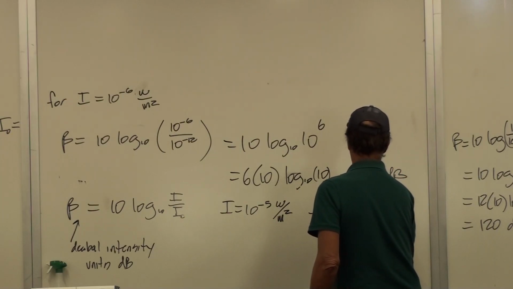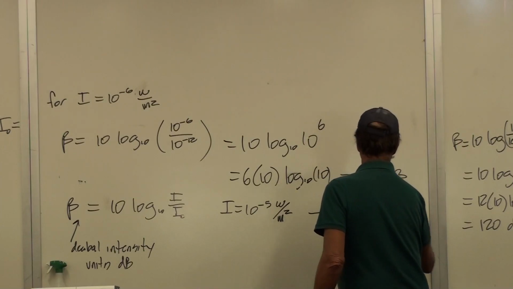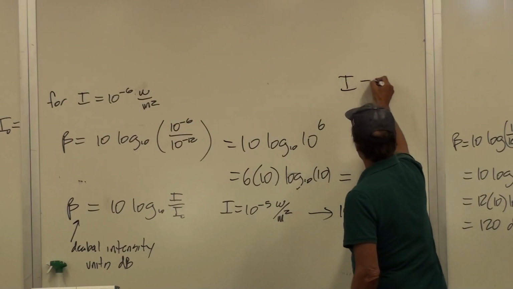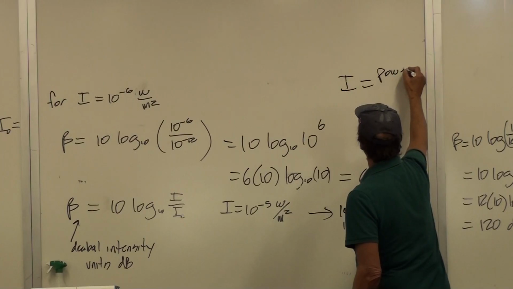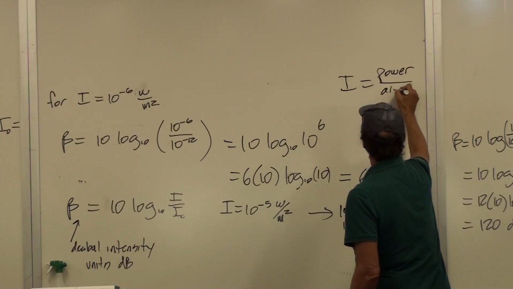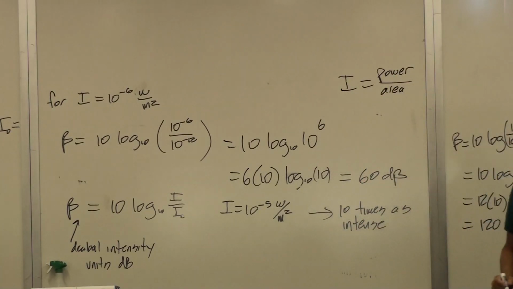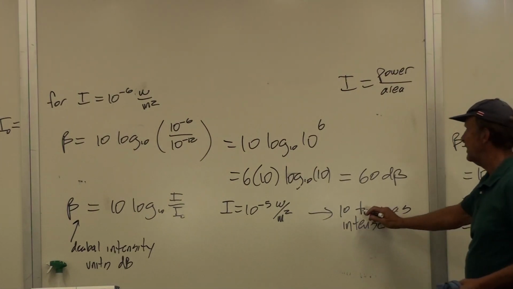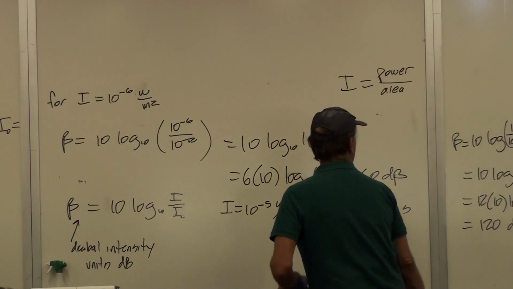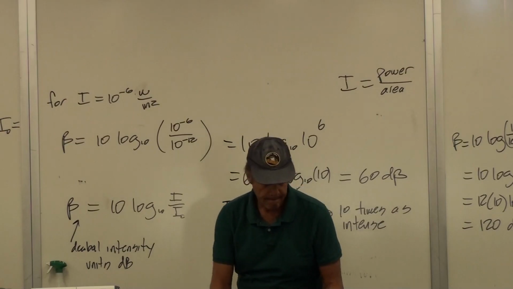All right, say here intense. In terms of energy, remember intensity is power per unit area. Don't forget that from last lecture. That's the concentration of power on an area. Okay? And so if it's 10 times more intense and you plug in,